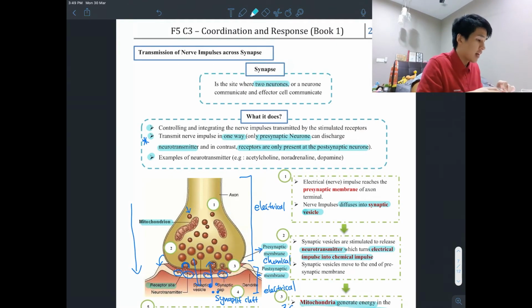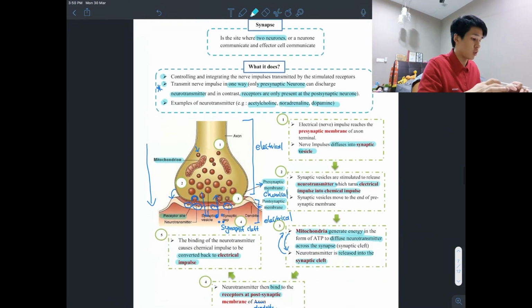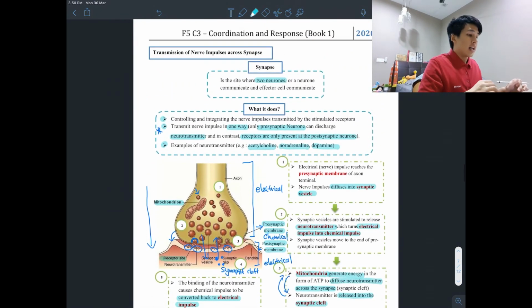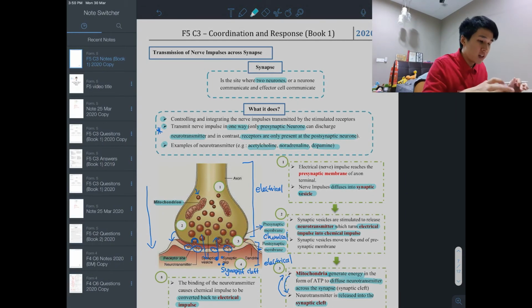So here are the different examples of neurotransmitter. You have acetylcholine, noradrenaline, dopamine, which later on I'll explain what they are. Okay, so this is the first thing that I will go through, which is how nerve impulse moves across the synapse. So to simplify this whole thing,